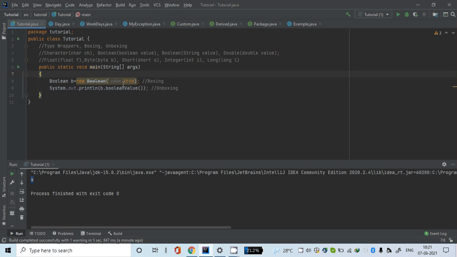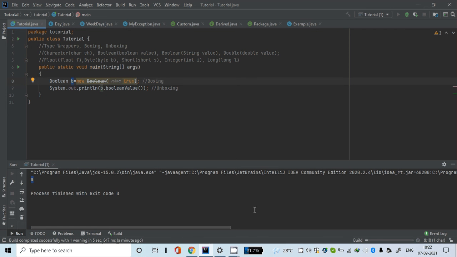Here I'm storing the value of the boolean primitive type inside the object of the Boolean class. So this is boxing, and this is unboxing. In unboxing, I am extracting the value which I stored inside the object of a type wrapper. Now if I press the run button, it is going to print true,